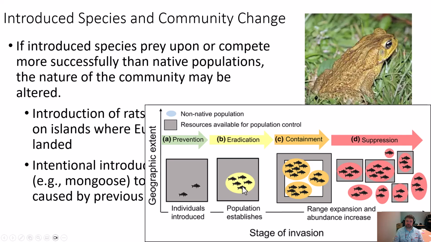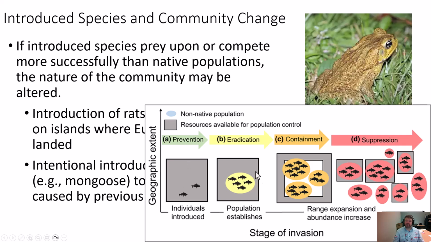Once they get established and they're in somewhat manageable population, eradication gets quite a bit of resources. And so the idea is, if you have a small population, a small isolated group, eradicate it as fast as you can. Like the killer hornets that have come about in Washington State. Find out where these nests are, eradicate them, get them out as soon as possible. So lots of resources sent at that.